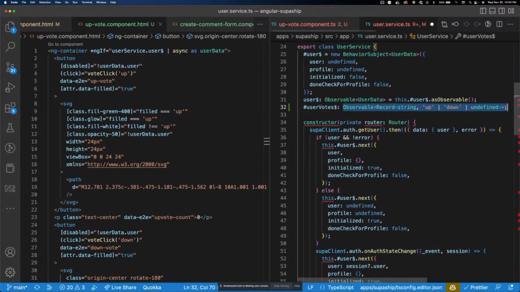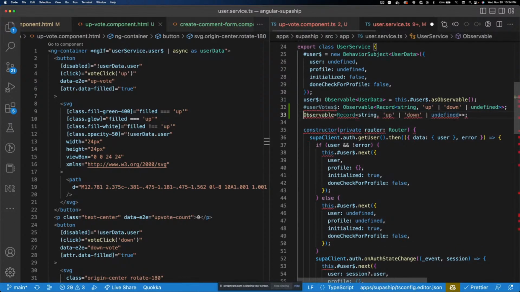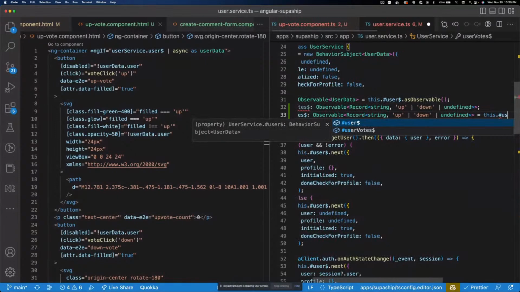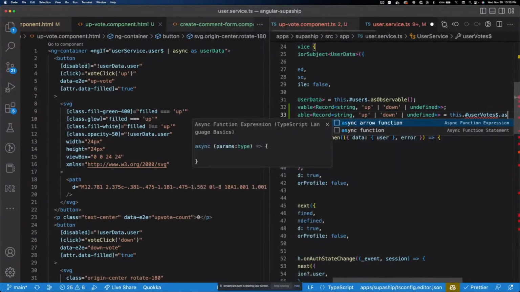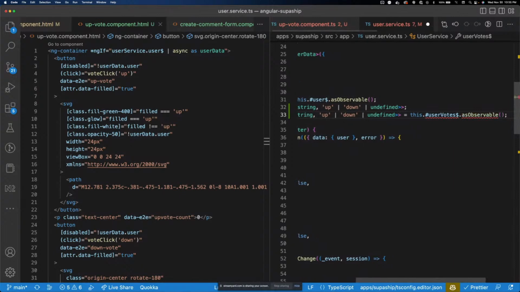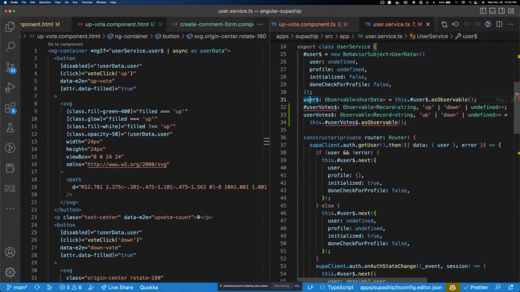Copy user votes. This hashtag user votes as observable. So this is going to equal